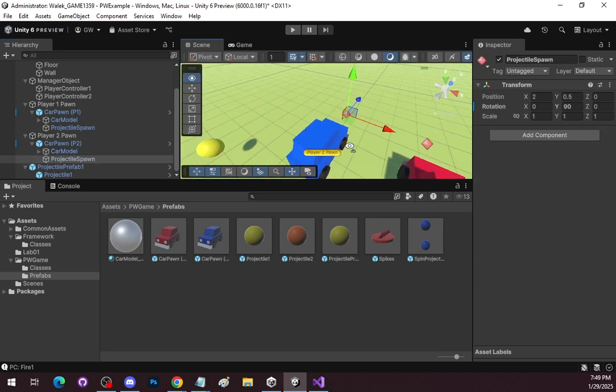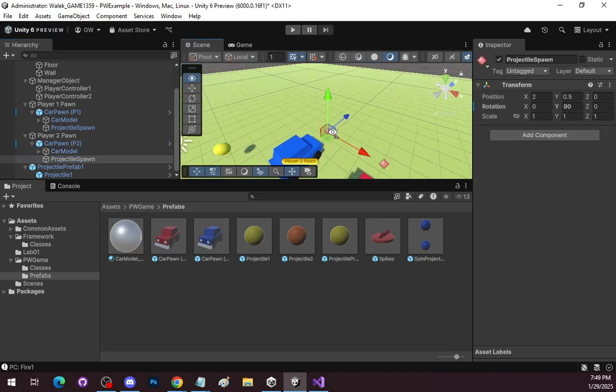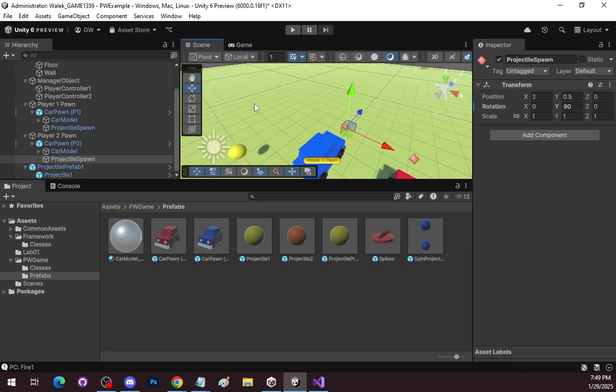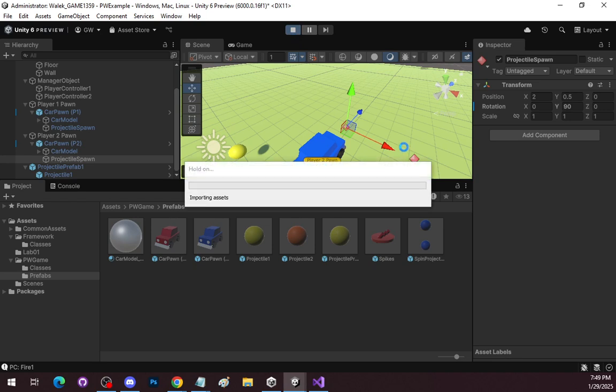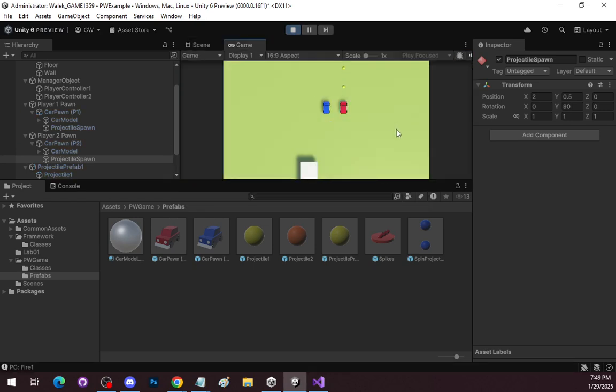Is the car not built correctly? There's always some weird things with this, but now we can press play. You can see I'm shooting now correctly there. As we go on, again, basically there's the other projectile. The more interesting one, though,